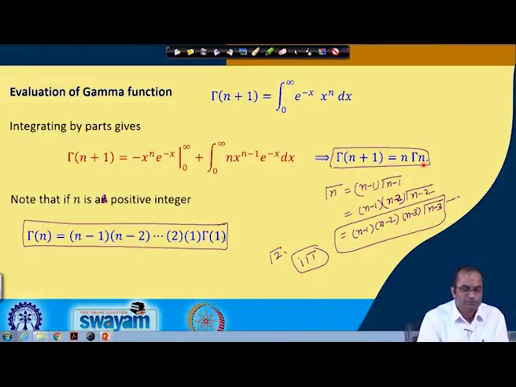When n is a positive integer, we can easily compute the simplification, because we are just reducing by 1, so we will end up with gamma 1 naturally. This gamma 1, if we see from the integral, is obtained when we substitute n equal to 0 in the integral. n equal to 0 means this term will disappear, so we have simply the integral